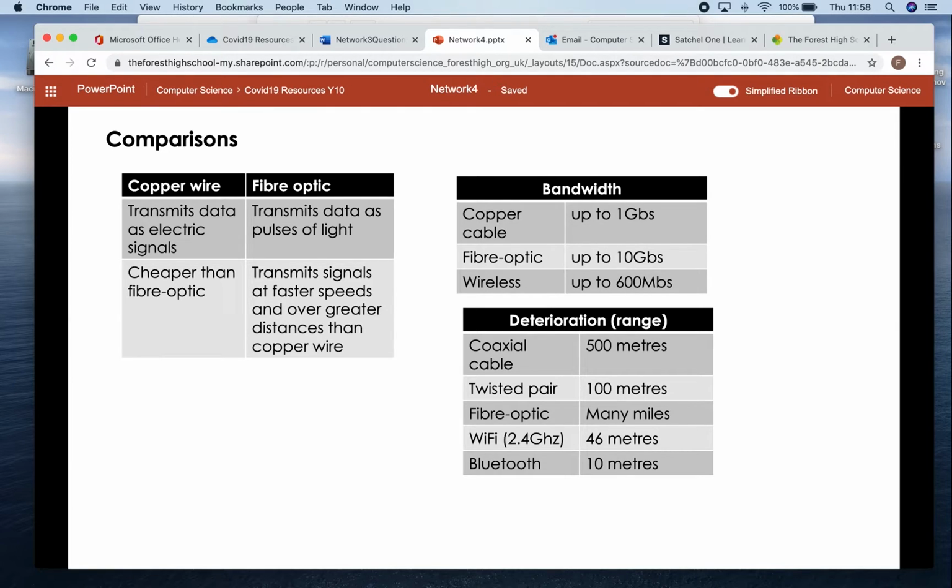The petrol station is called a repeater. We're going to take a look at this so far. So the table on the bottom right, it says deterioration in range. So if we're using copper cable, coaxial cable, that's got a range of 500 meters. At 500 meters, then